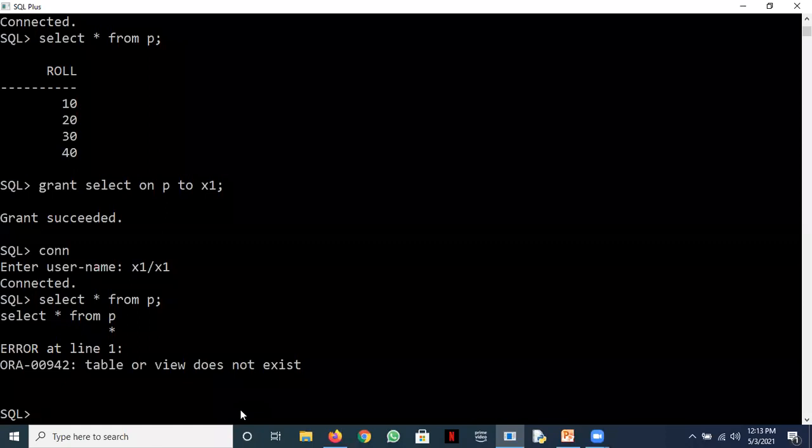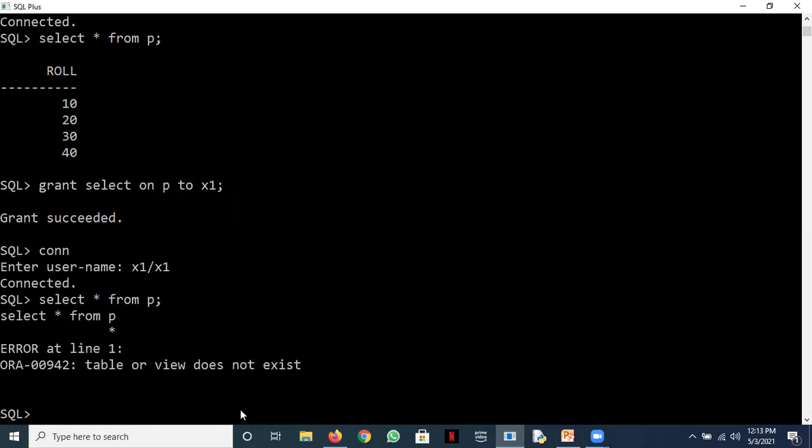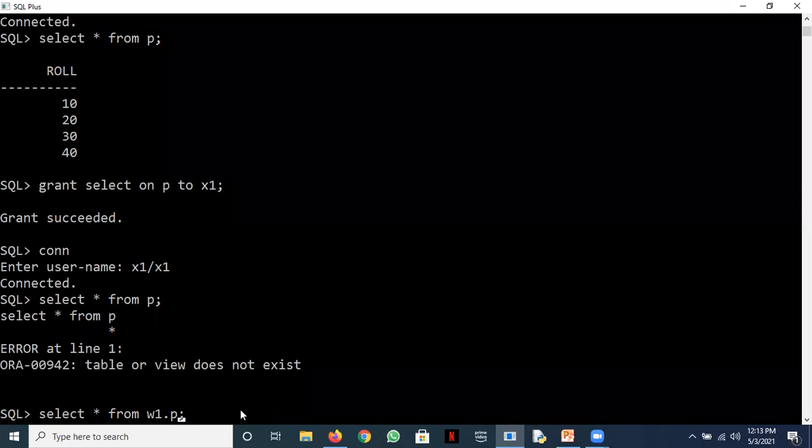Once there is a privilege, so you answered a good thing. Maybe it's incorrect, but that puts us on a discussion. So you say that the table needs to be copied. No, the table is owned by W1. So the table name should be preceded before the object name. This is the correct syntax.